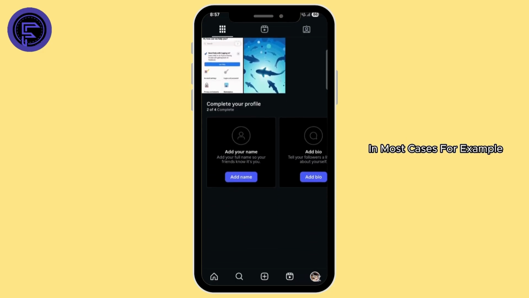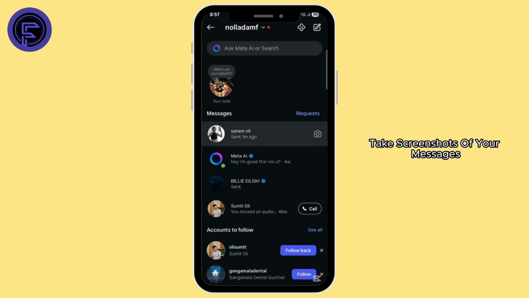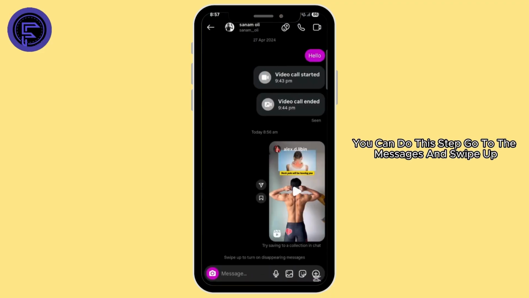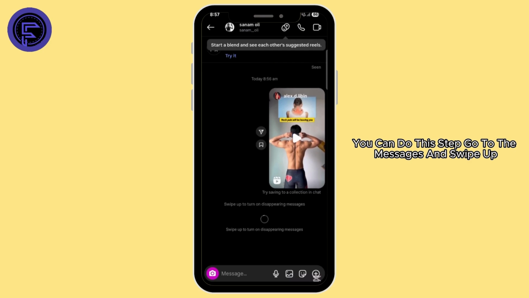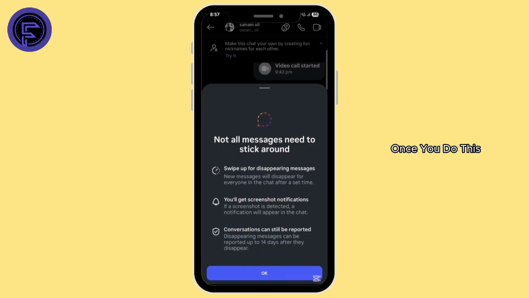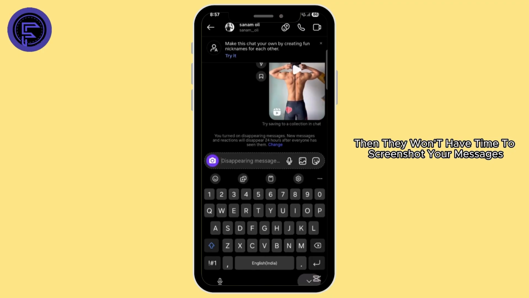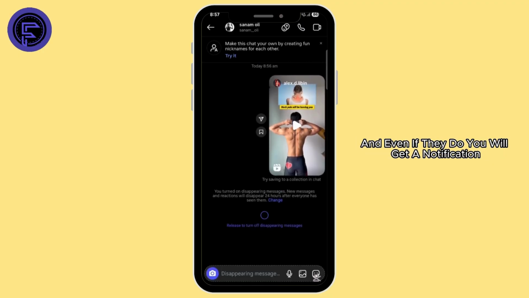screenshots in most cases. For example, if you don't want them to take screenshots of your messages, you can do this step. Go to the messages and swipe up. Enable the disappearing messages feature. Once you do this, then your message will disappear after 24 hours. When that happens, then they won't have time to screenshot your messages, and even if they do, you will get